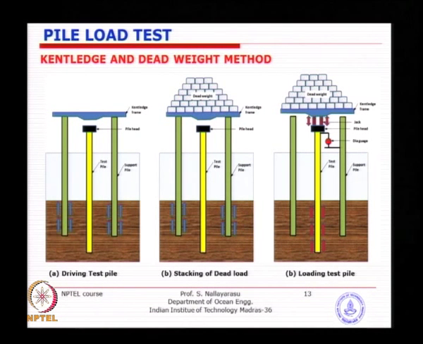And then when you are doing the testing, in any case it should not influence the soil pile interface or the capacity of the test pile which is being tested just now. So, that is one of the ideas. So, you need to keep it far away, 3 to 4 diameters. Your Kentledge anyway will require a larger space to stack up the weights and things like this. Very rarely, even in coastal areas, do we do this because it is very expensive. One of the tests could take months to set up, do and bring back.